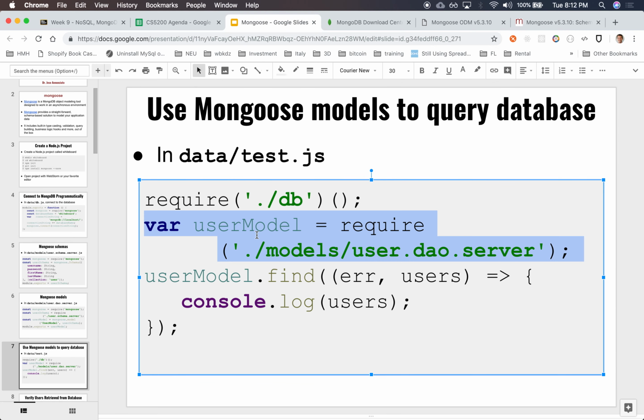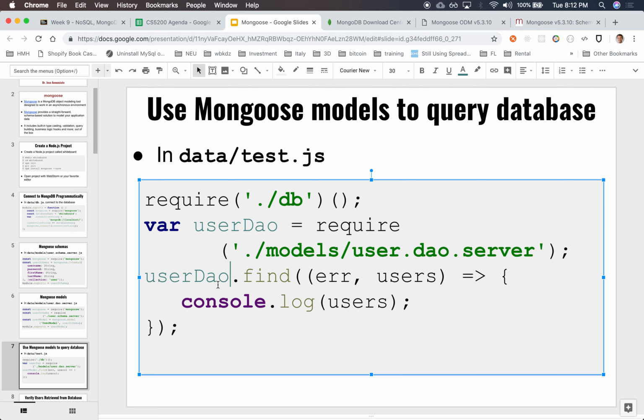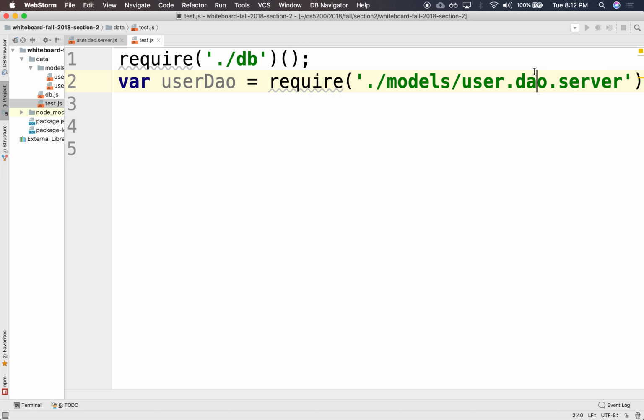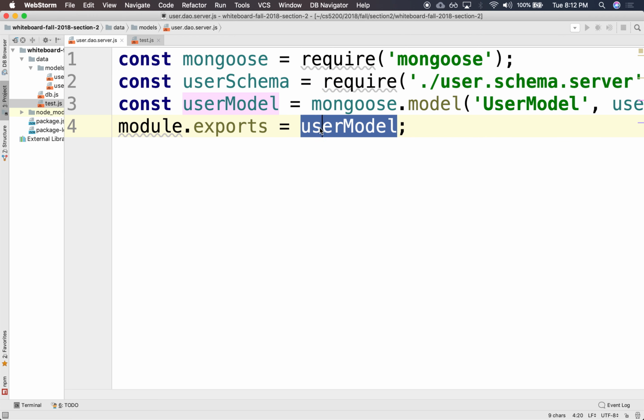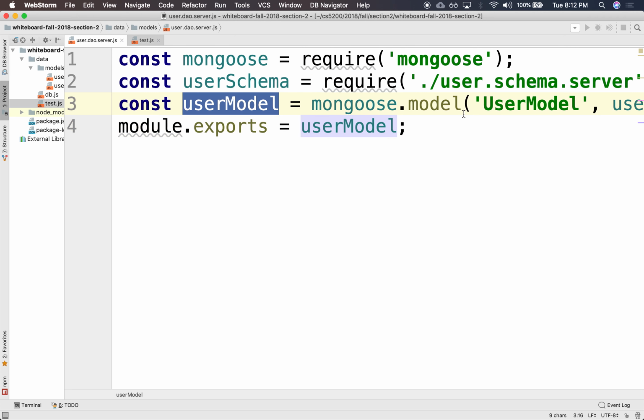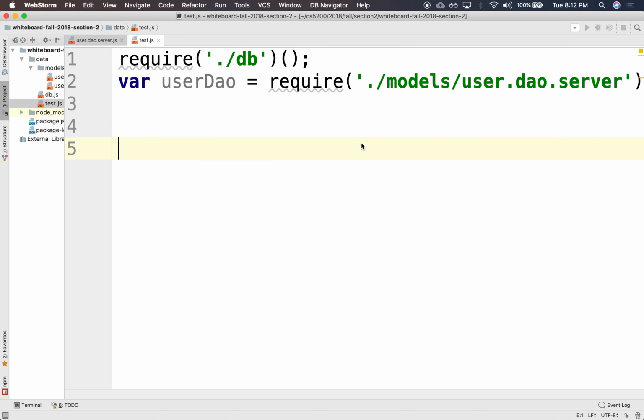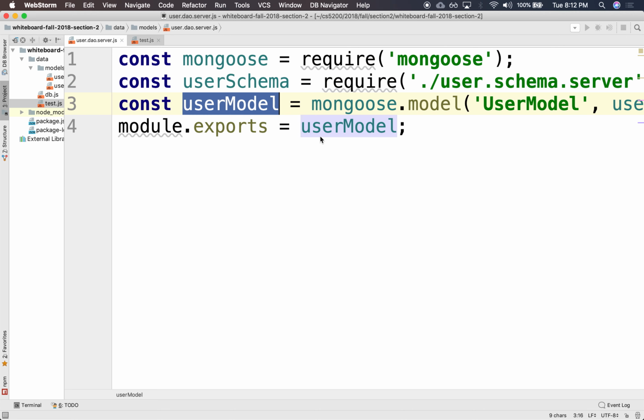Maybe DAO might be a better name. So basically whatever this returns, and this returns this user model here, right? This object right there. Once we have that, basically this allows us to do some very generic operations on this,